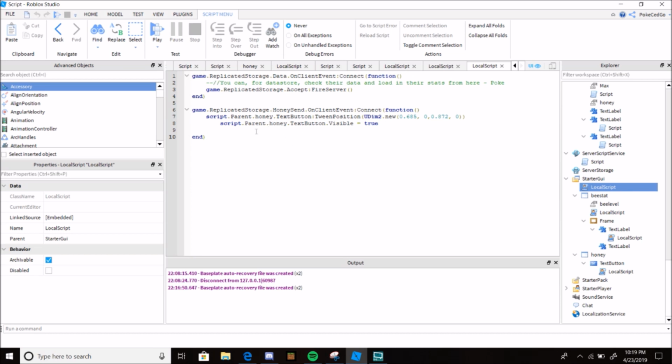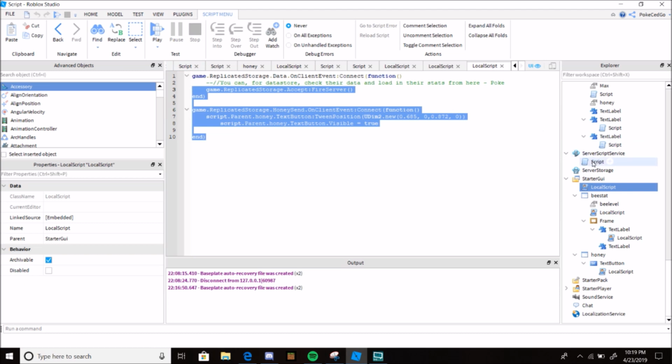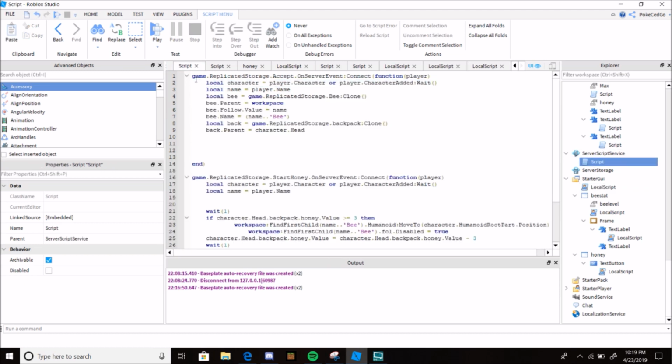I'll explain what that means in a bit. Let's go to the actual thing. So it calls the accept value. Okay, we got that. Go for the character, get the name using that play right there, and we get